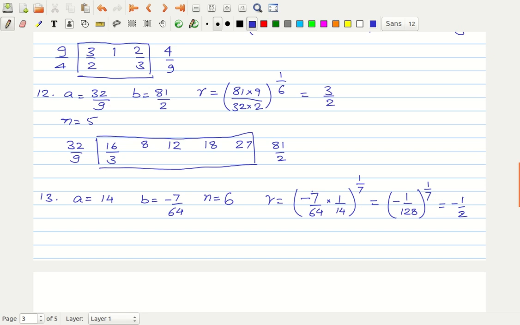Alright, so now you have the common ratio, and for getting the 6 geometric means, all